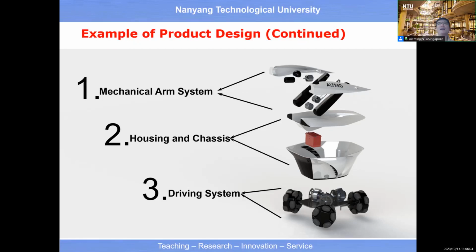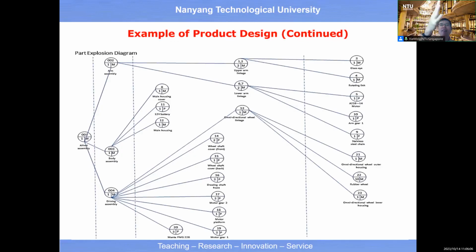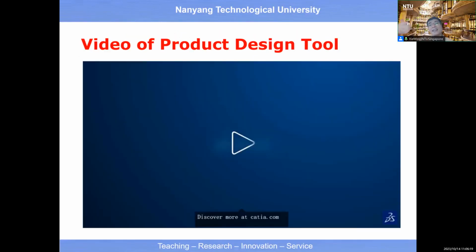Then we come out with the 3D drawing, then the part drawing, forming a relationship tree. Then for each part, we can make a decision whether to purchase or to produce in-house, right? So then we have logistics, etc., right? Okay, so today in the industry, we have a